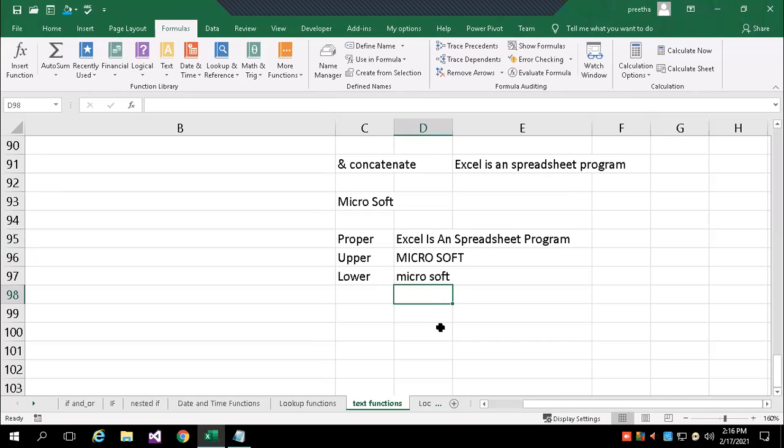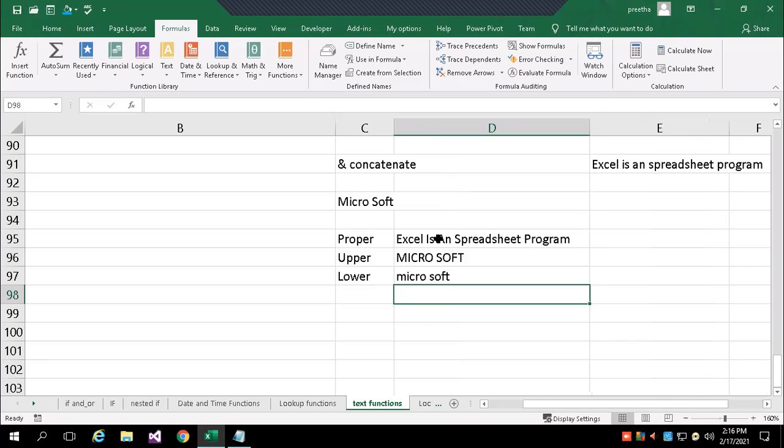When you are working with text, whatever input data you are getting for creating reports, doing formulas, calculations, presentations, or anything else, if it is necessary, you can convert to capital letters, small letters, and another option is proper case. Proper case means the first letter of every word will be capitalized.